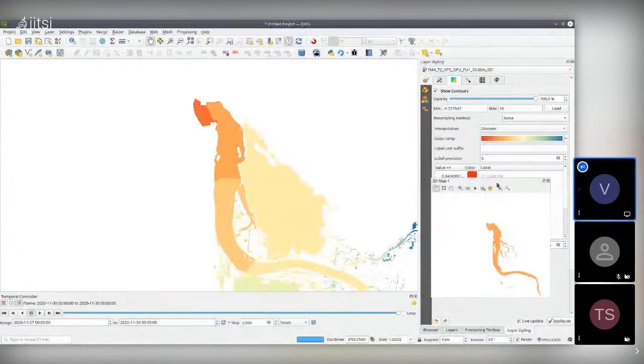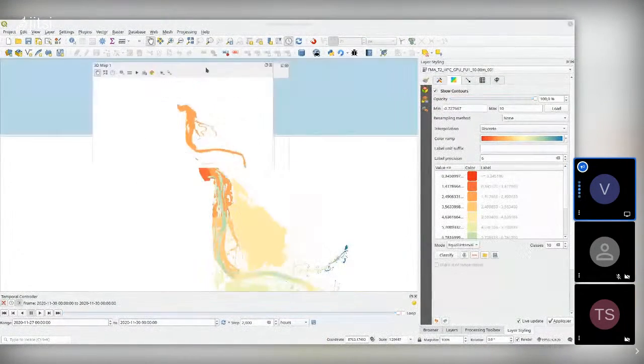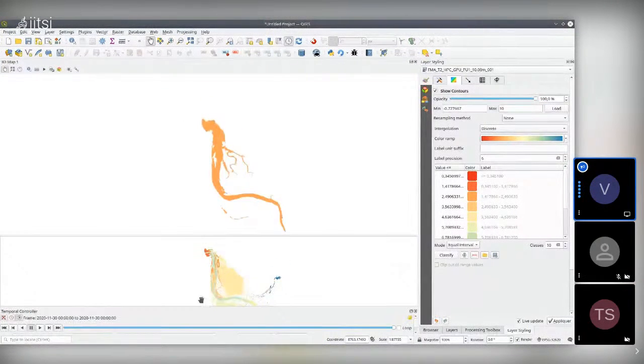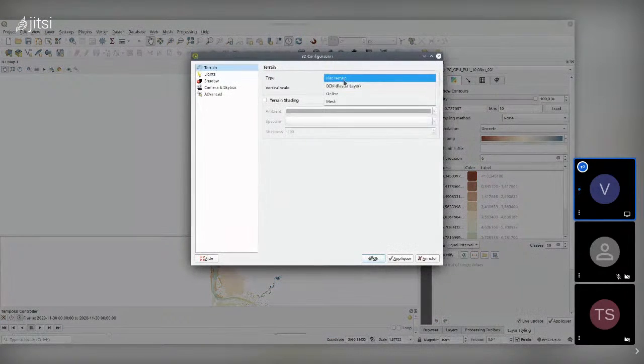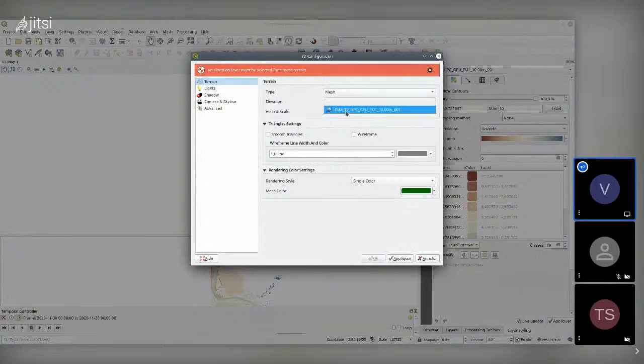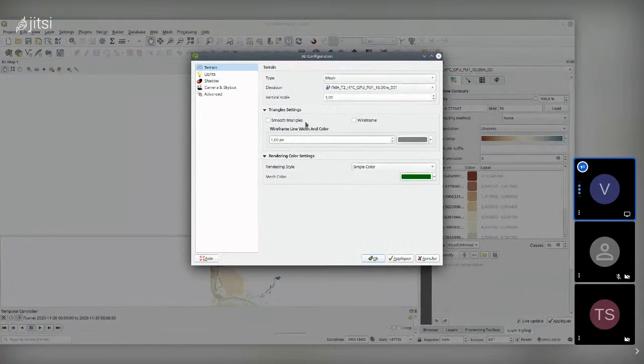Let's go. Yes, 3D view. Okay. So for 3D view, you have several possibilities. You can see the terrain, the elevation of the vertices that represent the dam. The picture will be more